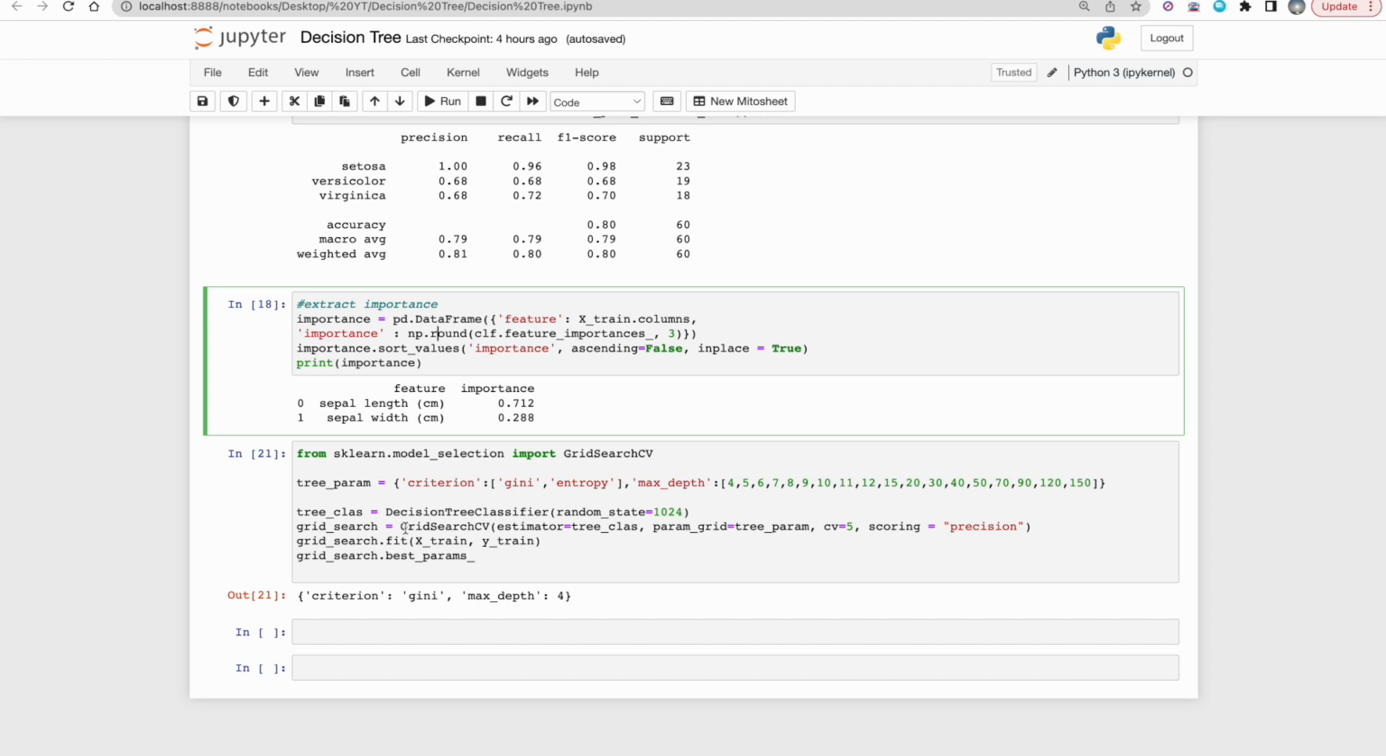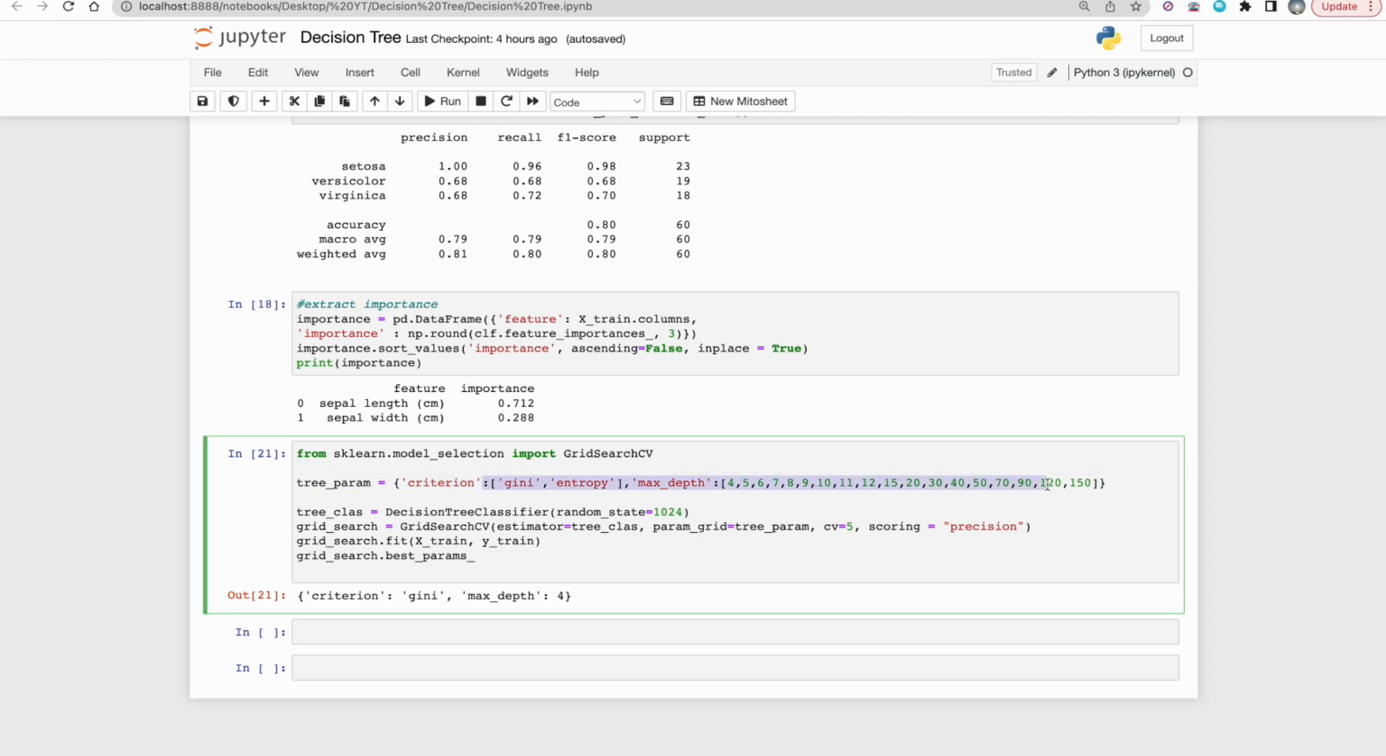So what does grid search CV take? Grid search CV takes my tree params, right? The hyperparameter search space. So criterion can be either Gini or entropy, max depth can be all these values. And for all these combinations, you find me the best one, right? That's what grid search CV is. It also takes the classifier, right? So my tree classifier, it is taking the classifier name, it is taking the hyperparameter search space,